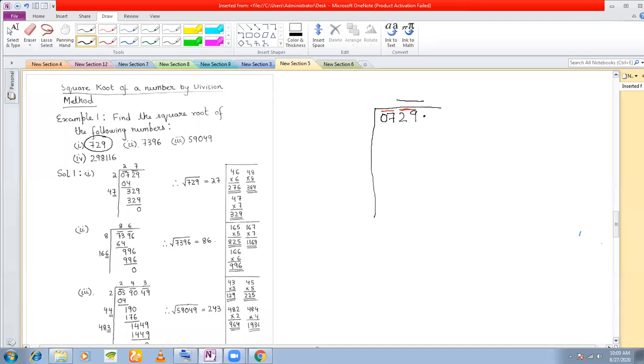Starting from here in this direction, and later we'll see that when the decimal numbers are there, in order to find the square root of decimal numbers, we'll start from this point only towards this. Okay, so we don't have anything in this direction, we only have in this direction. So what we'll do is we'll start from the decimal here and we'll start pairing, okay, in twos. So we start pairing. This we have paired 29.